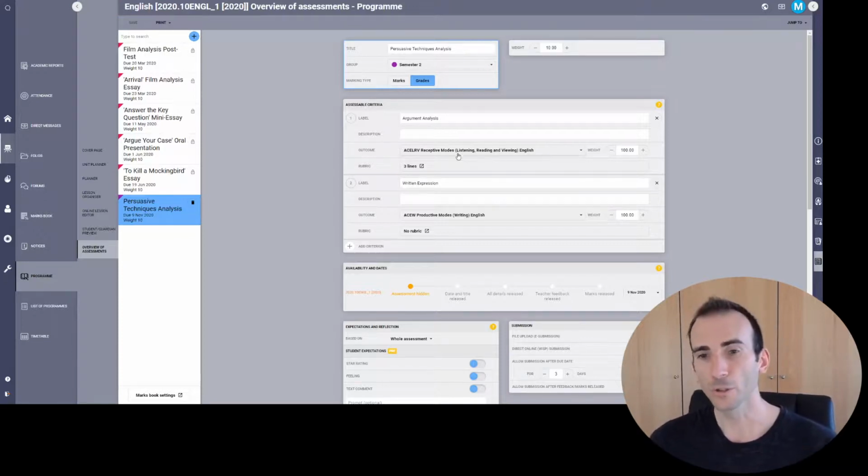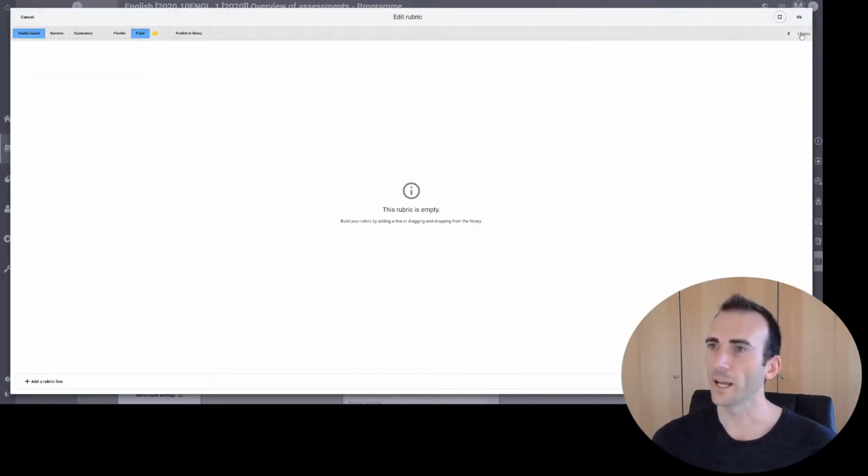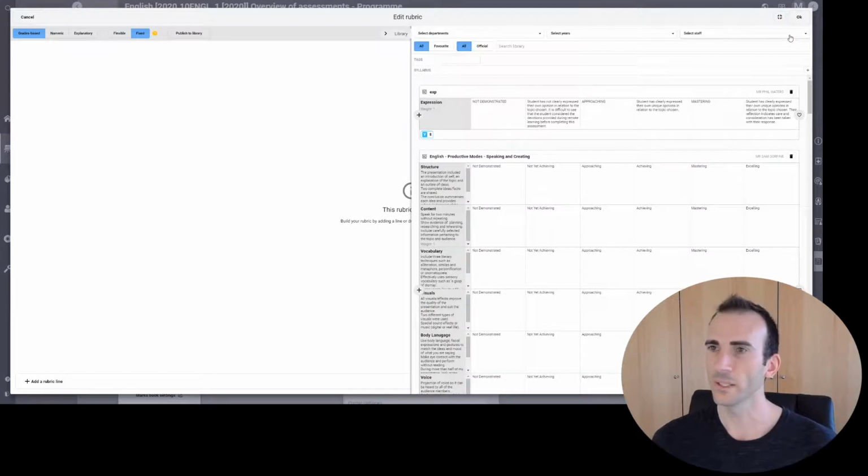I'm going to do that again now for written expression, and I'm just going to point out one different thing. So when I go here, rubric, and it says no rubric, I will again go grades based, and I will again go fixed because I think that's neater. I can click this library icon. Let me make it full screen again, and hit this library icon, and it brings up a library of